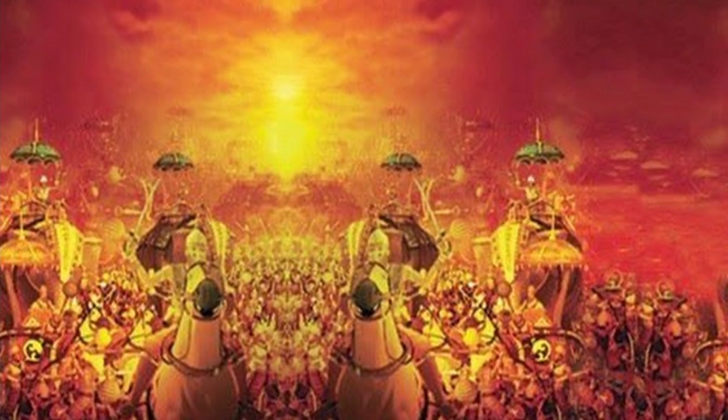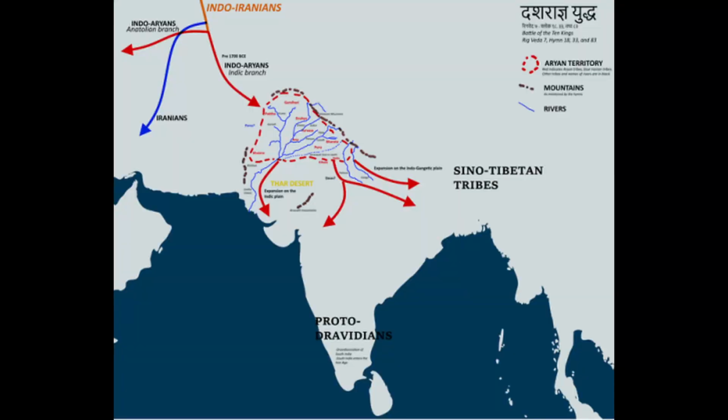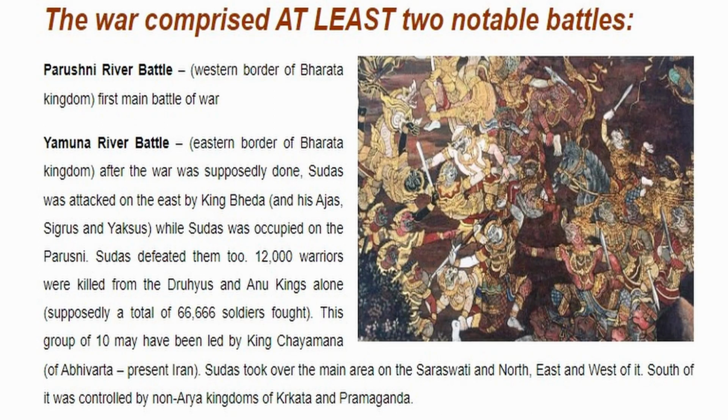According to Rig Veda, there was a battle of 10 tribes or battle of 10 kings. The battle was fought between the Bharatas, whose leader was Sudas, and it was fought against the confederation of 10 tribes. The cause of the conflict or the war could have been the division of waters of the Ravi River, one of the Saptasindhu. So the Bharatas, led by Sudas, were able to defeat all the 10 tribes, and they expanded from the land of the Saptasindhu eastward.